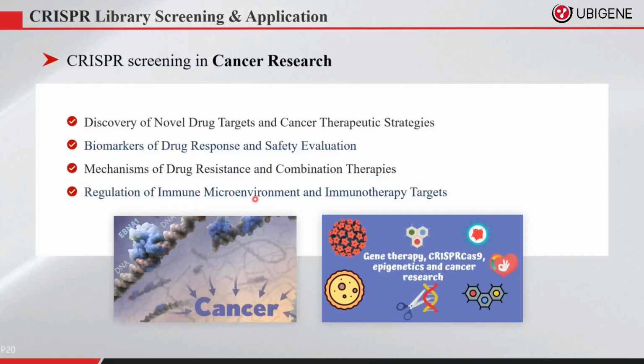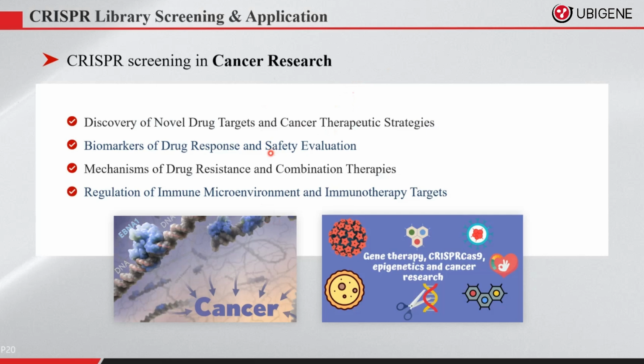And I wanted to talk a little bit more about the application of CRISPR library screening. So here are the examples for cancer research. This powerful technology is revolutionizing the way we approach cancer research and treatment. CRISPR screening enables us to identify novel drug targets in cancer and develop treatment strategies that specifically target tumor suppressor mechanisms or loss-of-function pathways. It facilitates the exploration of biomarkers that predict drug response and allows us to characterize the off-target effects of existing